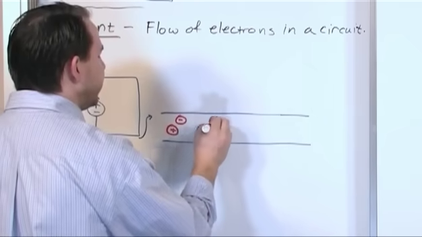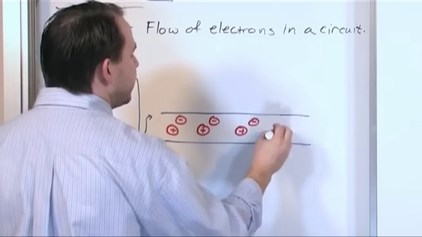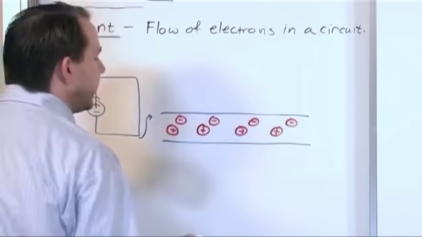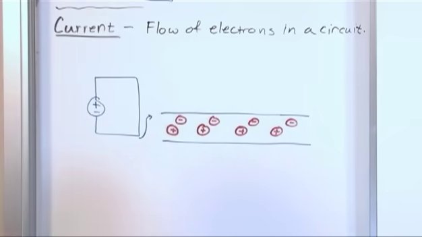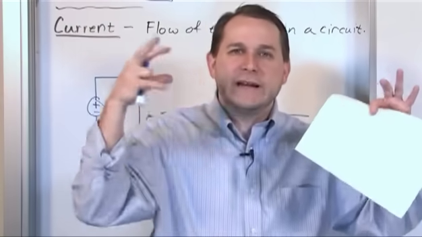It's got a positive center and it's got a negative thing orbiting. This one's got a positive and a negative. Every atom has this positive center and negative surroundings. Now in metals like copper and gold and silver that conduct electricity well, these electrons, they're not really tightly held